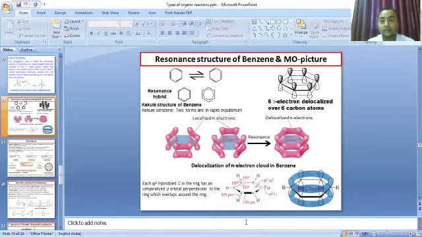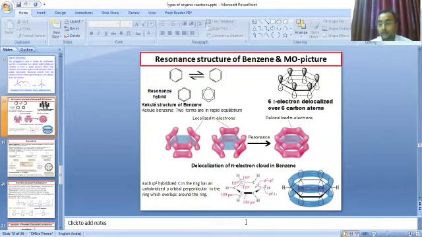resonance, which gives the delocalized pi electrons, and the delocalization of the pi electrons is represented as a cloud in the benzene. Each carbon in the benzene ring is sp2 hybridized, and the unhybridized p orbital is perpendicular to the ring and overlaps around the ring. The bond angle of carbon-hydrogen and carbon-carbon in the benzene molecule is 120 degrees, and these are the sp2 hybridized orbitals.